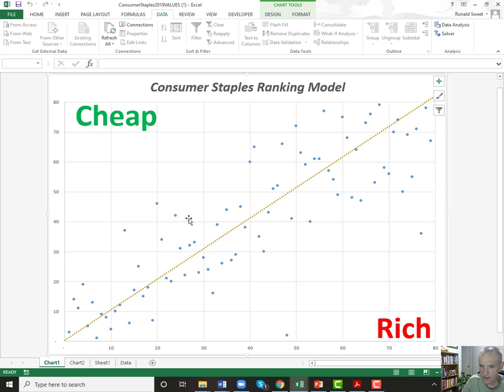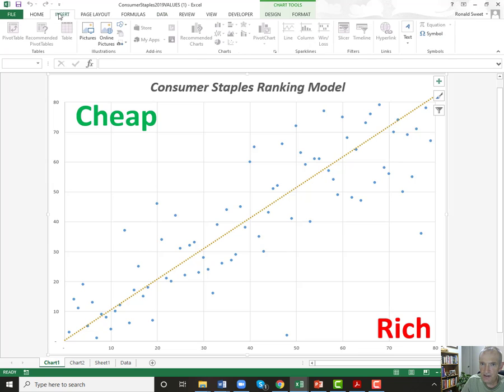Our buy list is probably going to be this stock right here. What we said is we want stocks that our model ranked in the top half. So make sure they're ranking in our model at least 40%. So you put a line there. And then we want to be as far from the line as possible, because the farther north you are from this gold line, the cheaper the stock is. So that's why I say this group right here would probably be, I don't know if I can put